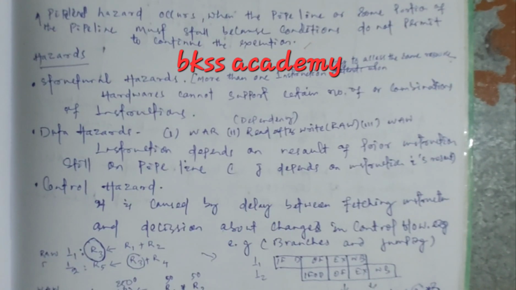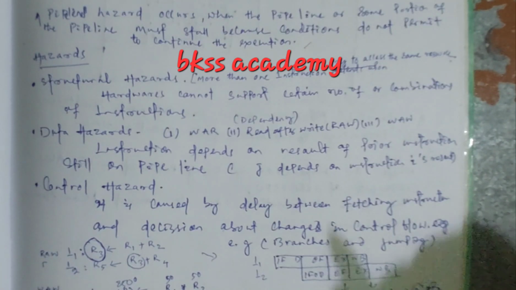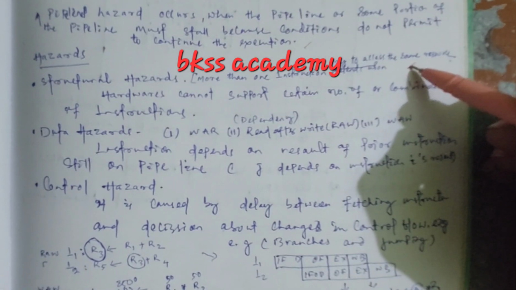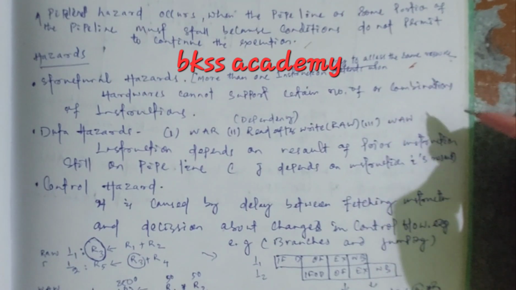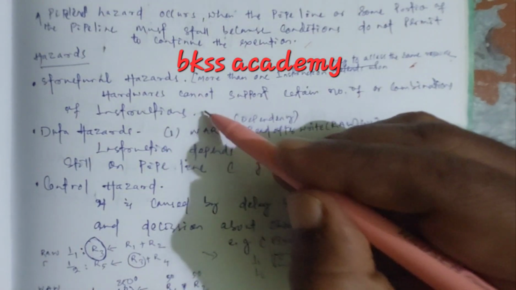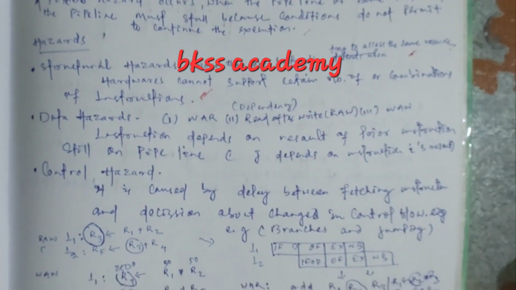Structural hazard is when more than one instruction tries to access the same resource. If the same resource is accessed, that may be hardware, the CPU, RAM, or any register. So when more than one instruction is accessing the same resource, that is a structural hazard. Hardware cannot support a certain number or combination of instructions, that is the structural hazard. Similarly,